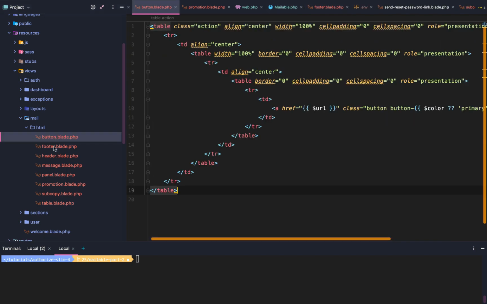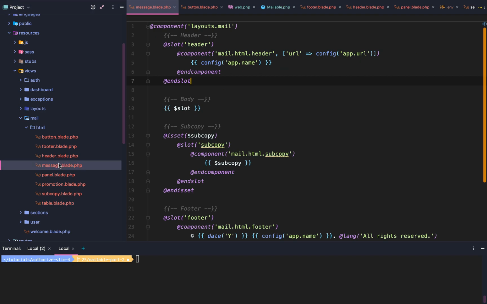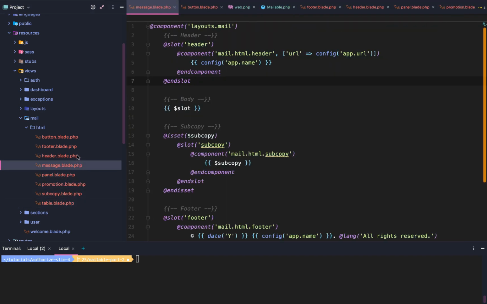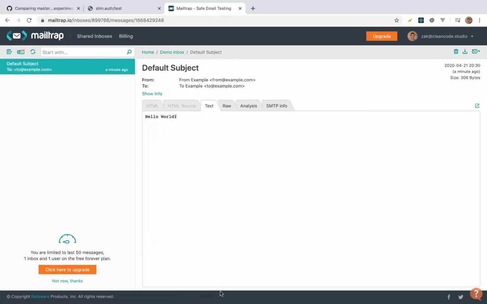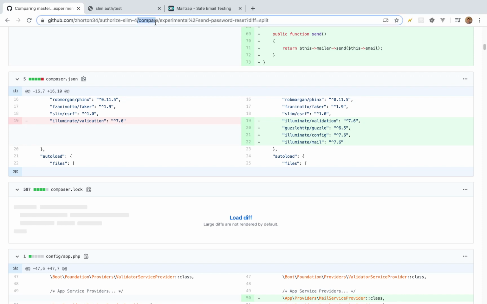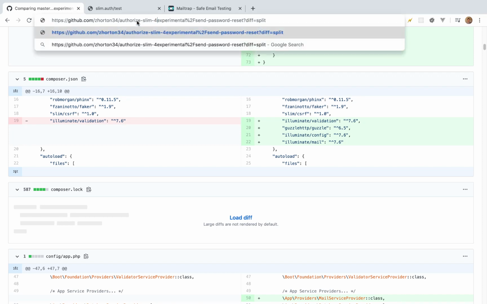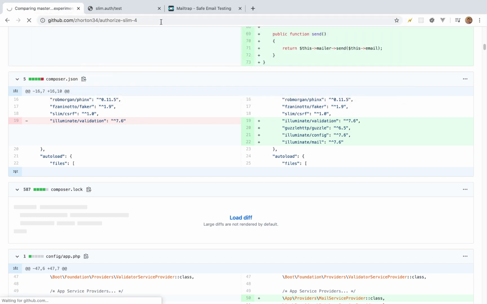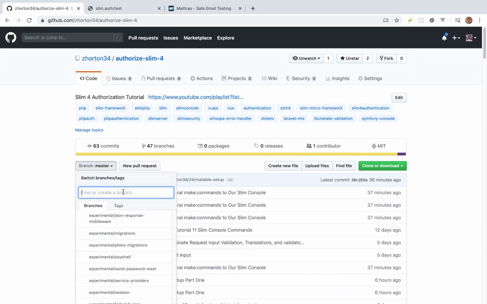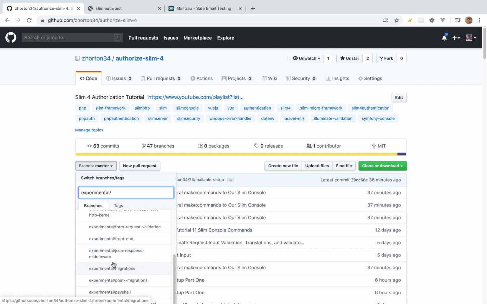And I've added all of these already, just so you guys don't have to watch me go through and add all of these. And it looks like I missed one, which was header. Missed header. But if you just go to authorize Slim4, and then it's going to be here. Let's do this. Authorize Slim4, and this will be in master by the time you guys see this video. But right now, it's going to be in experimental, and then experimental